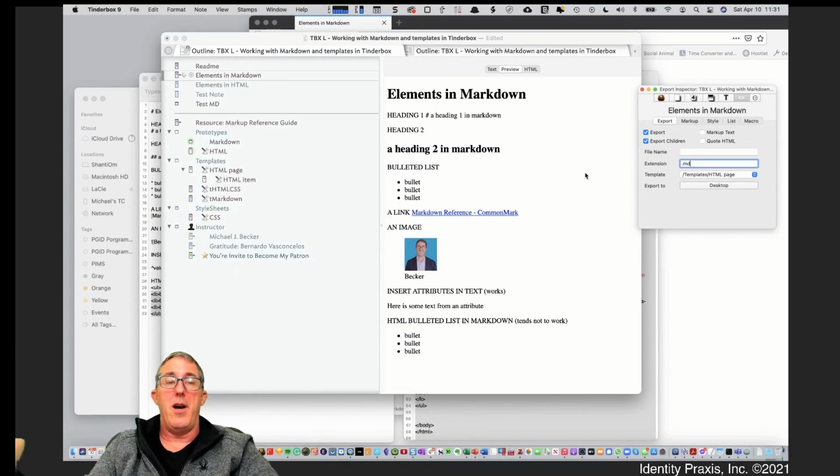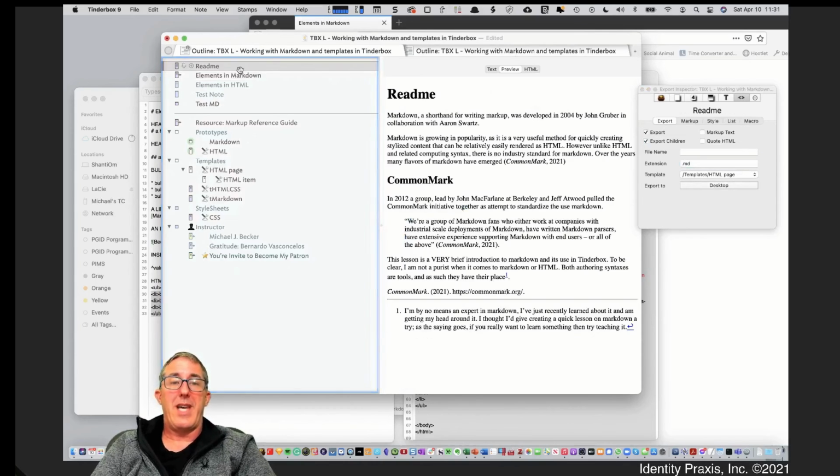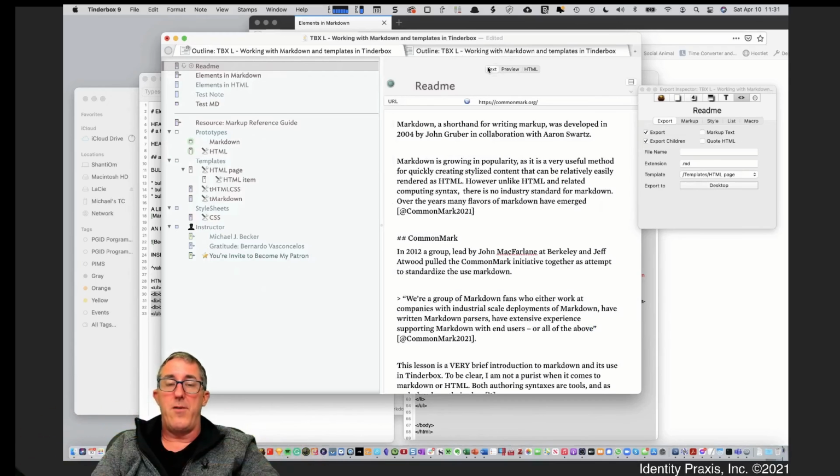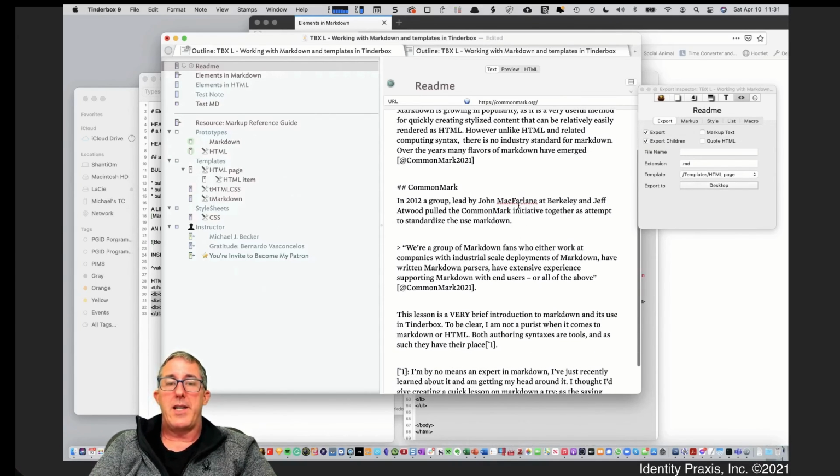And in later presentations and trainings, we'll show you how to transform that export into other document formats, leveraging tools like Pandoc. The last thing I wanted to show you in this demonstration, again, in the power of looking at the rendering of Tinderbox, especially for you academics out there or business professionals that need to cite your work. When you're citing your work in Markdown, or if you're needing to do footnotes,